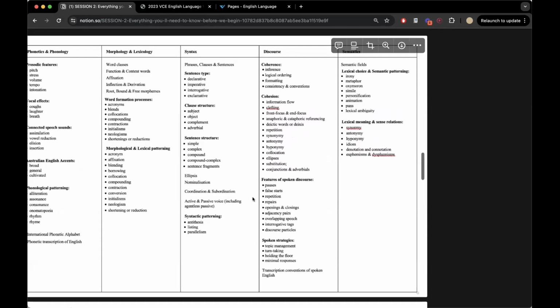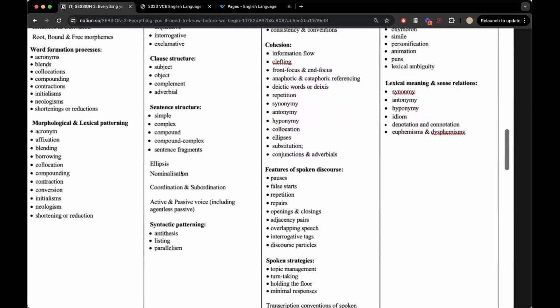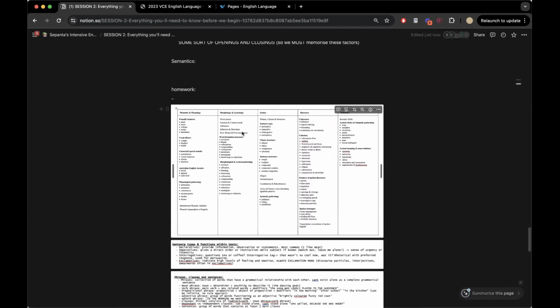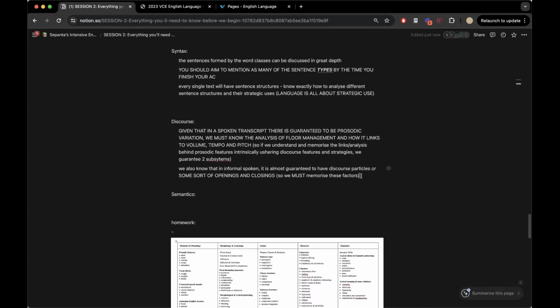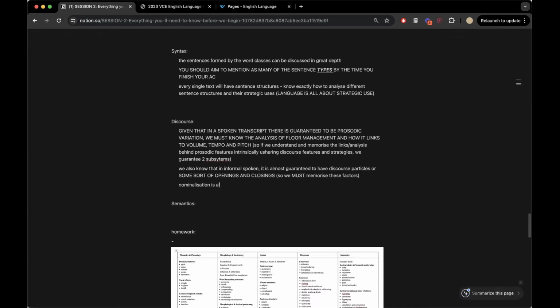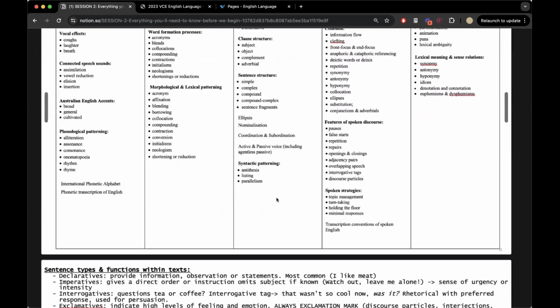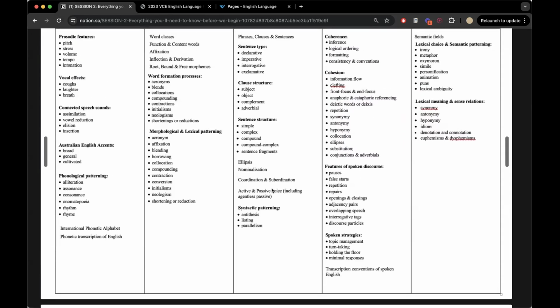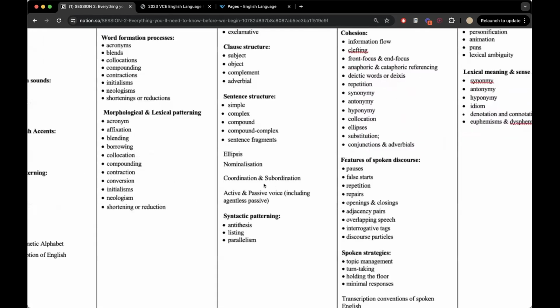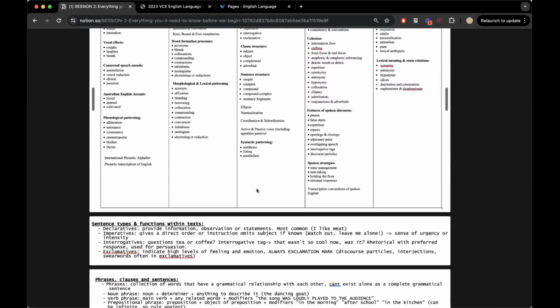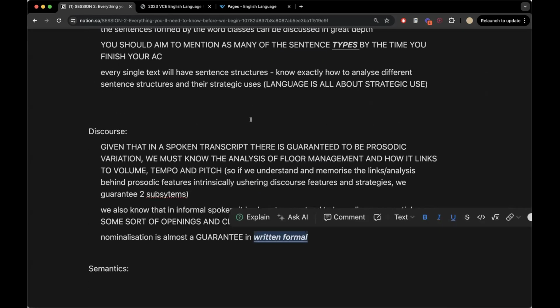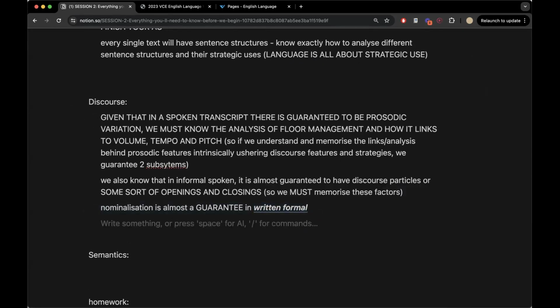Now, nominalization is almost a guarantee in written form, right? Keep that in mind. Almost a guarantee. Coordination, subordination, active voice is a guarantee. Passive voice is incredibly high yield, right? Syntax is objectively the highest yield